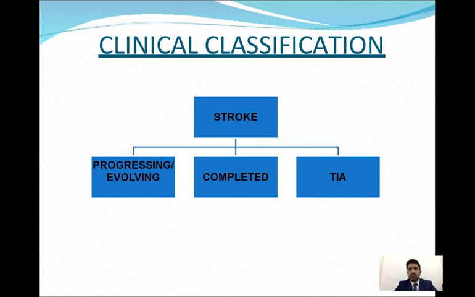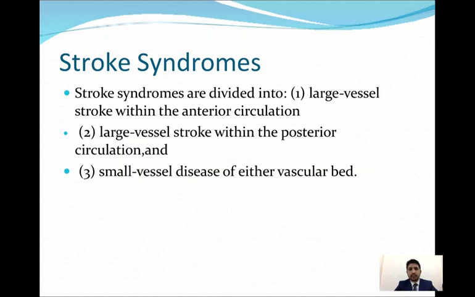Now, it is important to discuss the stroke syndromes that you can see. We have discussed that on examination there are variable findings depending upon the location of the stroke. So it is important that you remember some stroke syndromes, so that if a patient presents with these features or clinical signs, then you need to think about stroke. We have discussed during the previous slides that the clinical examination of a stroke patient is variable. It depends highly on where the blockage or the bleed is.